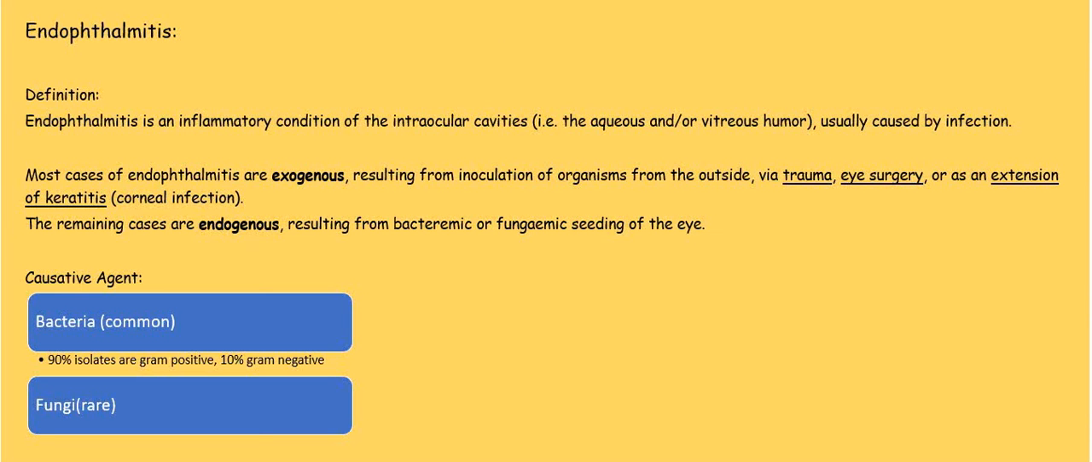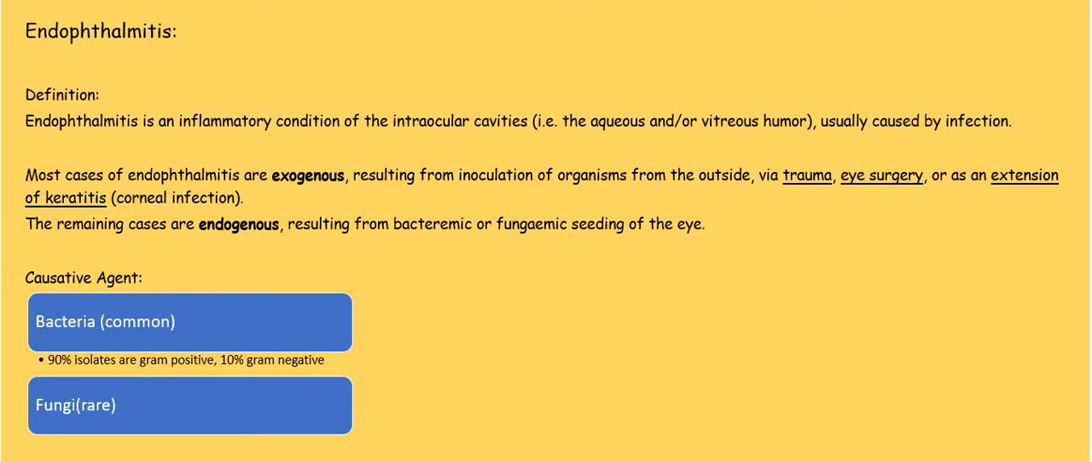Let's start with a very important topic, endophthalmitis. Endophthalmitis is defined as an inflammatory condition of the intraocular structures. This particular definition is given in Jitoe. A better definition is to define endophthalmitis as an inflammatory condition of the intraocular cavities, that is the aqueous and